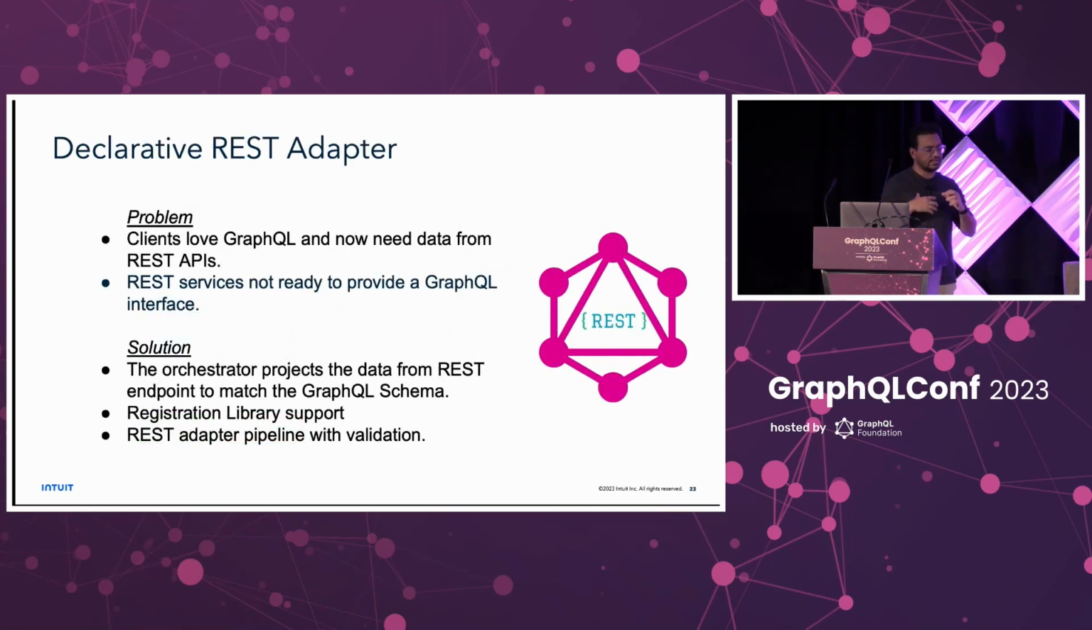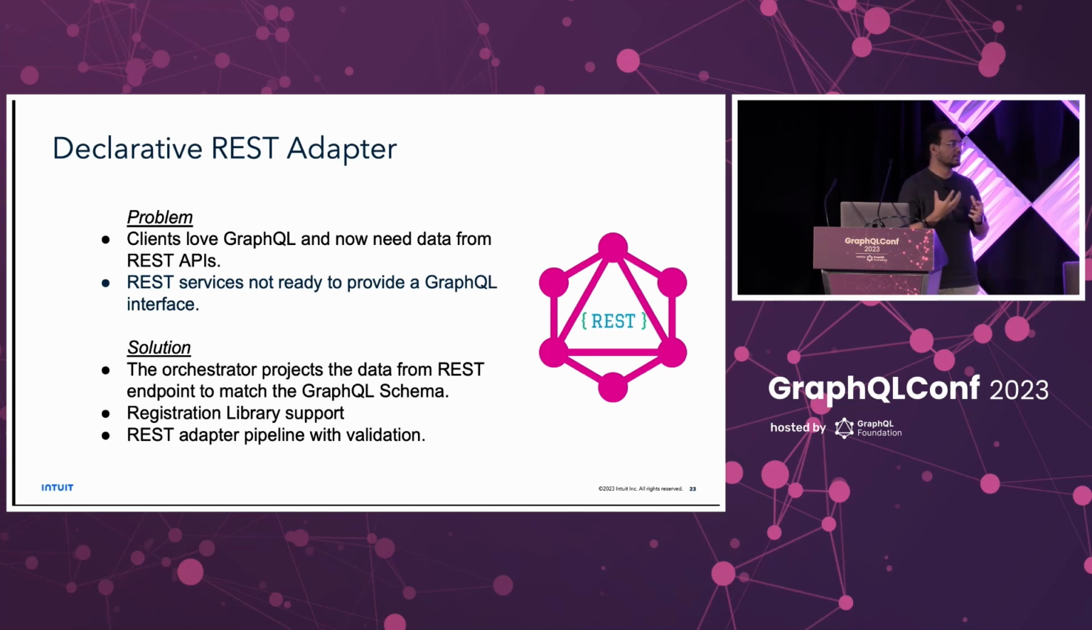So that was about the authorization. Now the orchestrator ecosystem actually grew quite huge, and there were cases where clients became very spoiled and they wanted data from REST services now. And the subgraph teams for those REST services are not ready to adopt the GraphQL interface because of resource constraints. They are in maintenance mode. So we came up with the concept of declarative REST